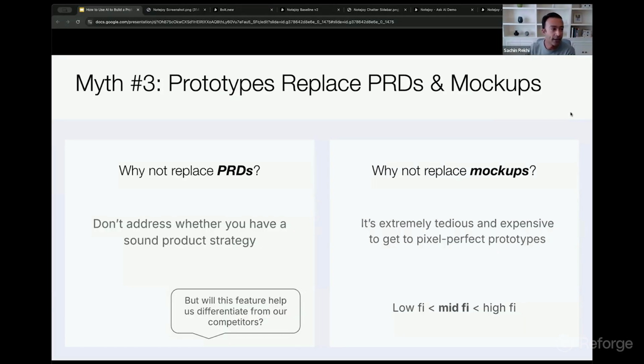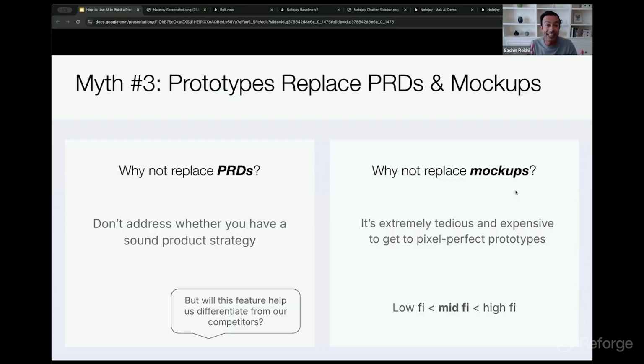The other thing I'll call out here is that I don't think they replace mockups. And so here's why. What you'll find is that prototypes are kind of in this weird place where they're sort of mid-fidelity. They're definitely higher than low fidelity because you have interactions, you might even have functionality, but getting them to be high fidelity, getting them to be pixel perfect is actually very difficult. And so from that sense, if we need pixel perfect mockups, I do think it's going to be important for us to continue to build those mockups.